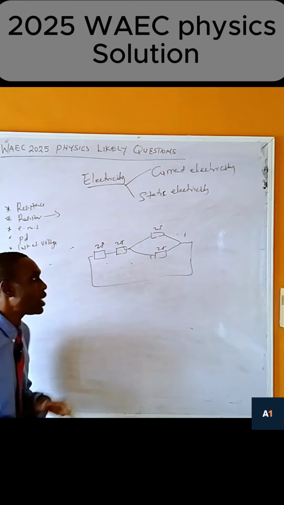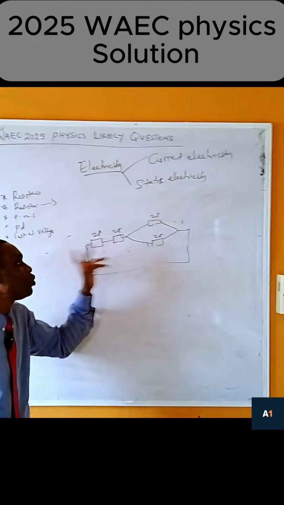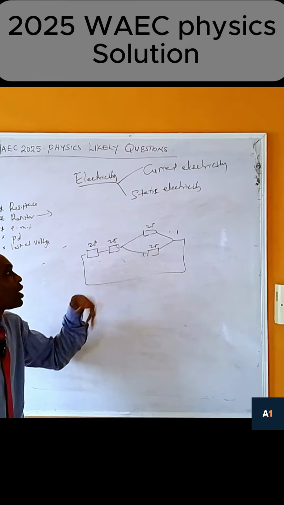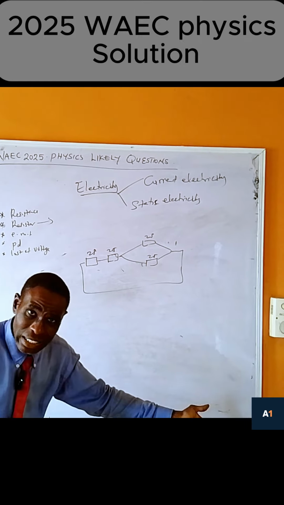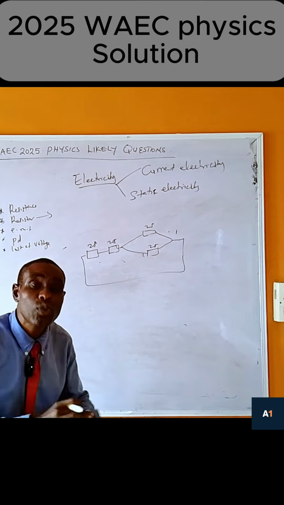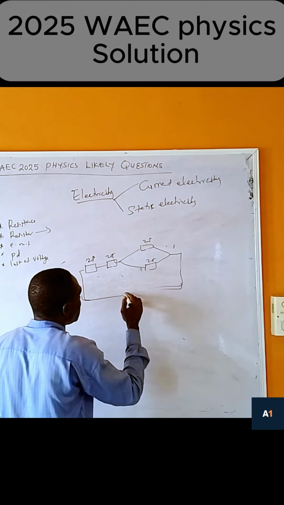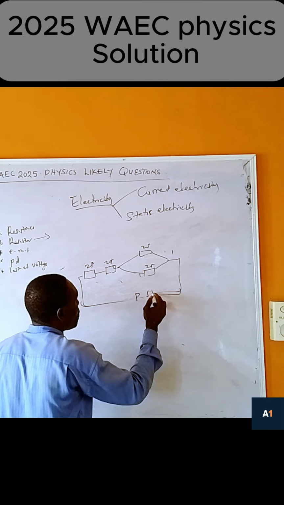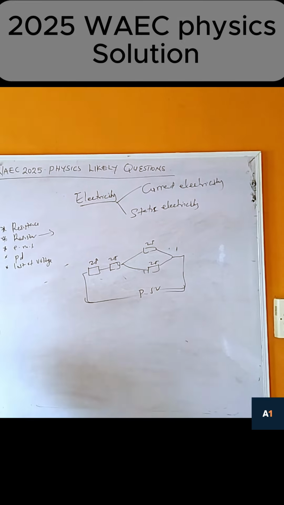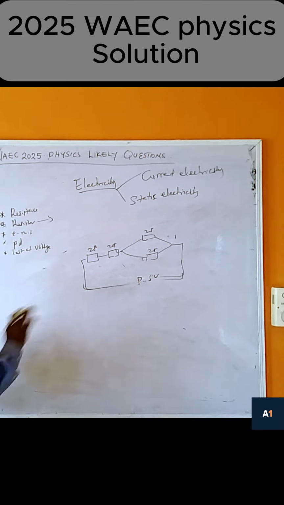They will say, 2 resistors of 2 ohms each are connected with another 2 ohm resistor in parallel. What is the equivalent resistor? They can say this one is connected across a potential difference of, let's say, 5 volts. Let me just form the question like this. Then they ask you to find the current as well.